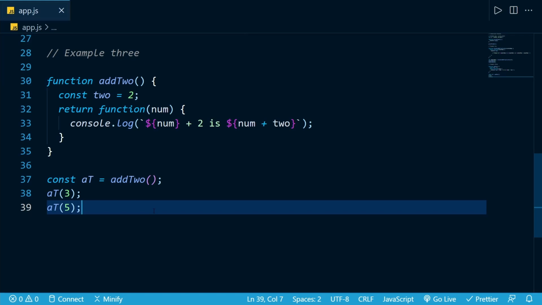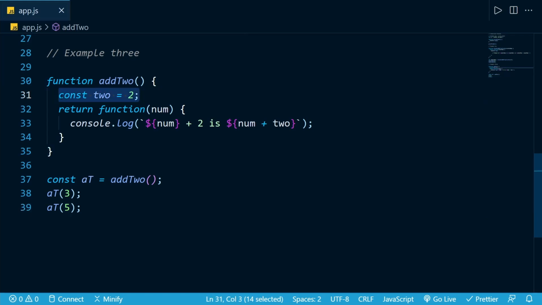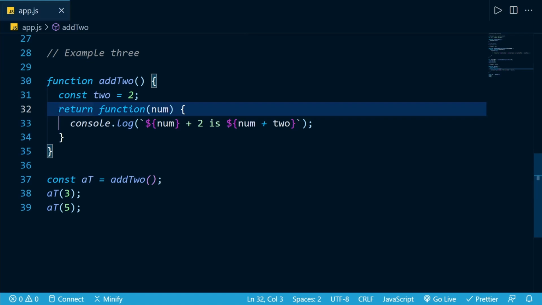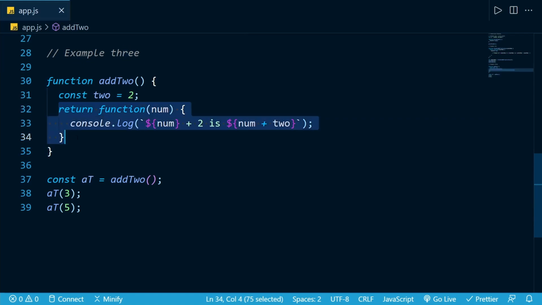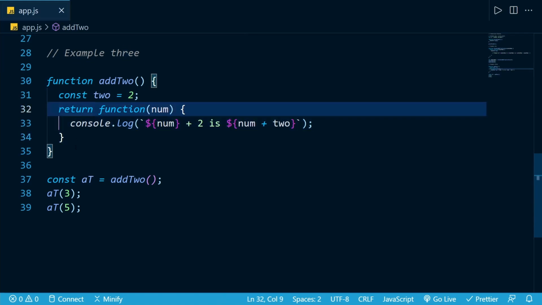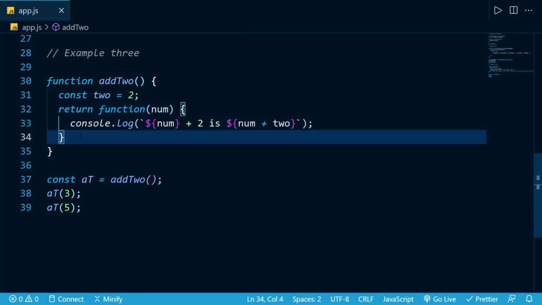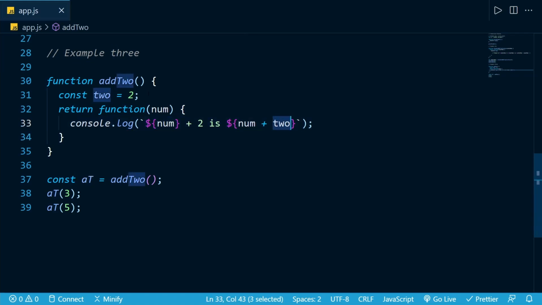What we want to look at is that we have a constant 2 and we are returning from this method. As you know, when we return from a function, we are no longer inside of that function. That function is done executing, but despite that, we can still access this constant 2 from our outer function. So this is also an example of closures.